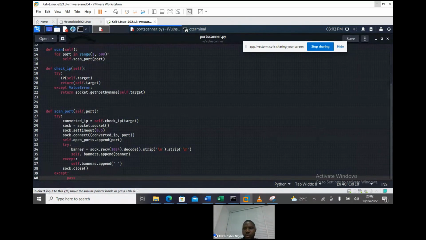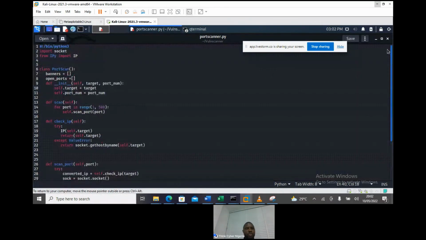This is what we wrote the last time we were here. So can somebody just briefly explain how we actually modified the port scanner?